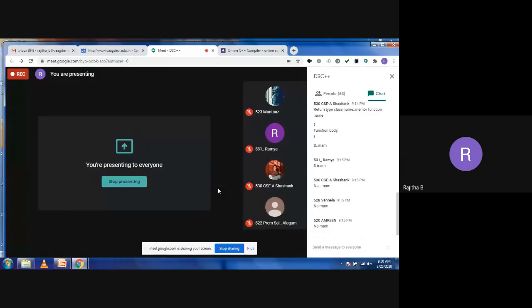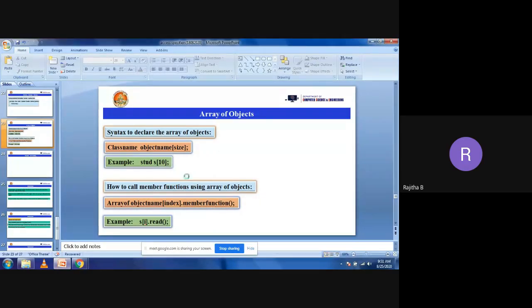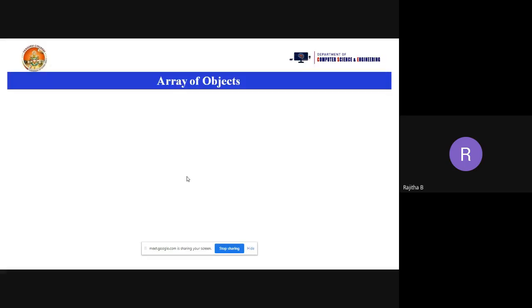Okay. Now, today we are going to learn about array of objects. I'm going to share my screen. So the topic is array of objects. So what is an array? Anyone? What is an array?